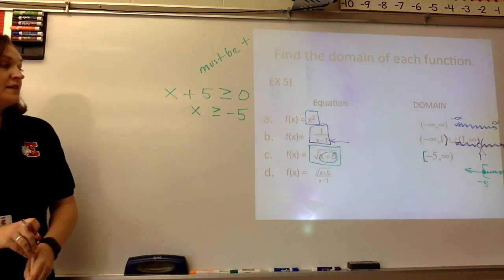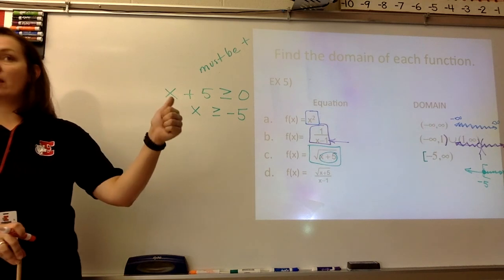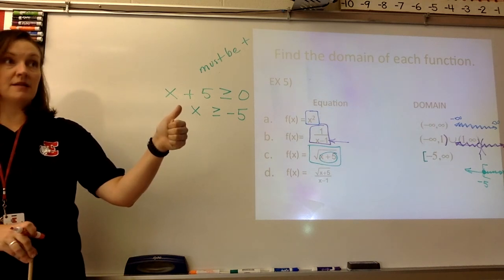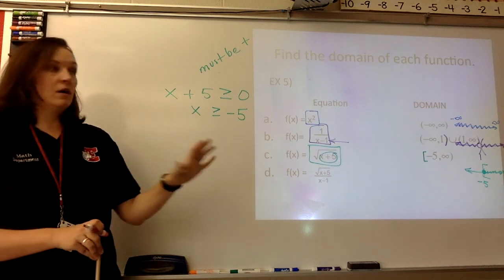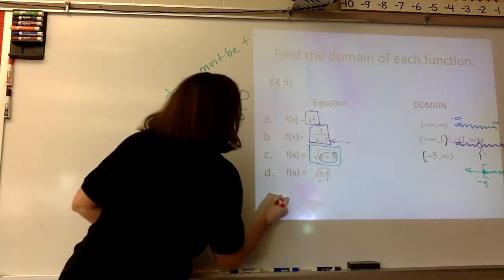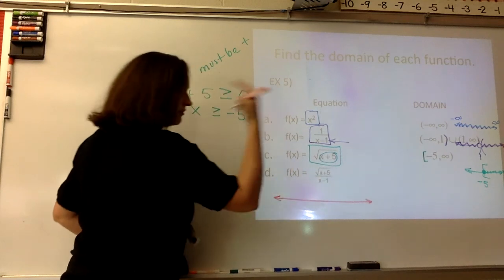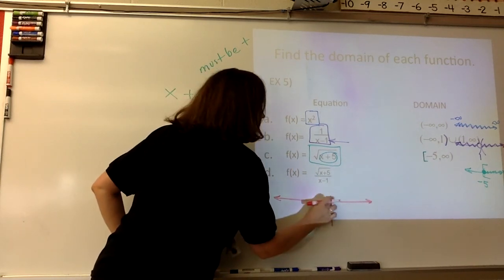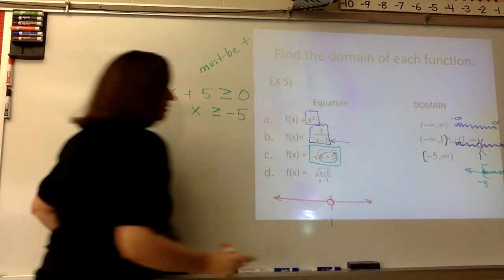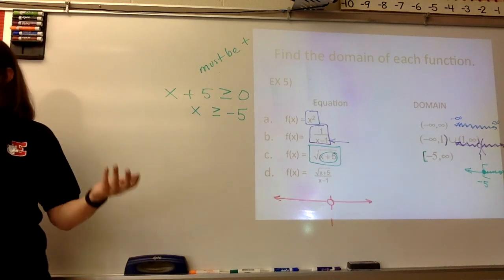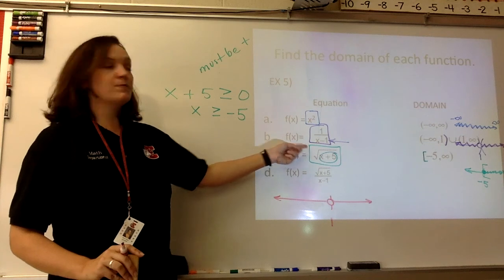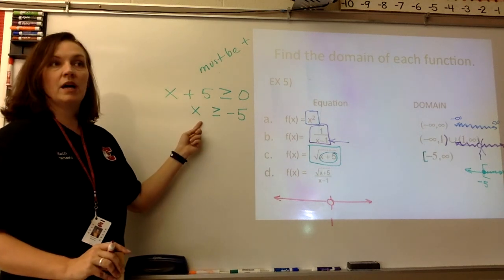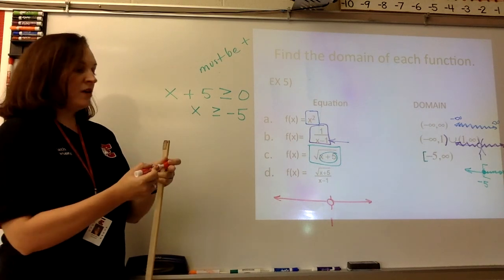Then lastly, letter D. Do I have a denominator? Yes. What does the denominator tell me out of all the numbers in the world? X cannot be 1. Okay, so I'm going to draw this down here. Out of all the numbers in the world, file away the fact that at 1, I'm going to have an open circle. But do I have a square root also? Yes. So since we just did this in the previous problem, we know that x has to be what? Greater than or equal to